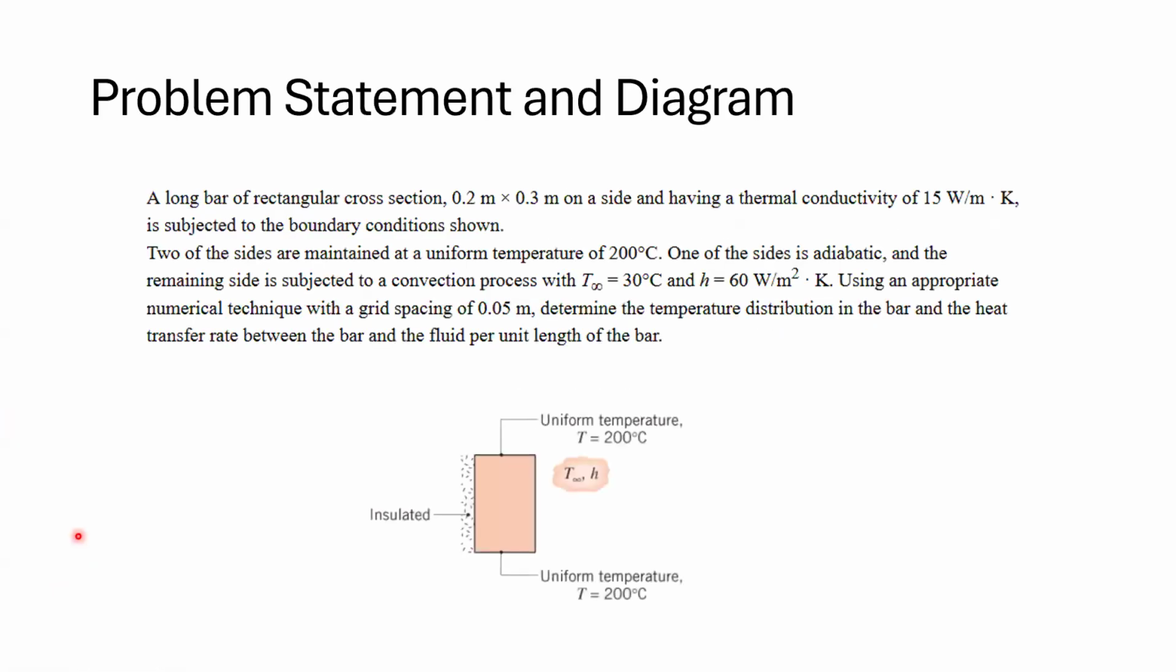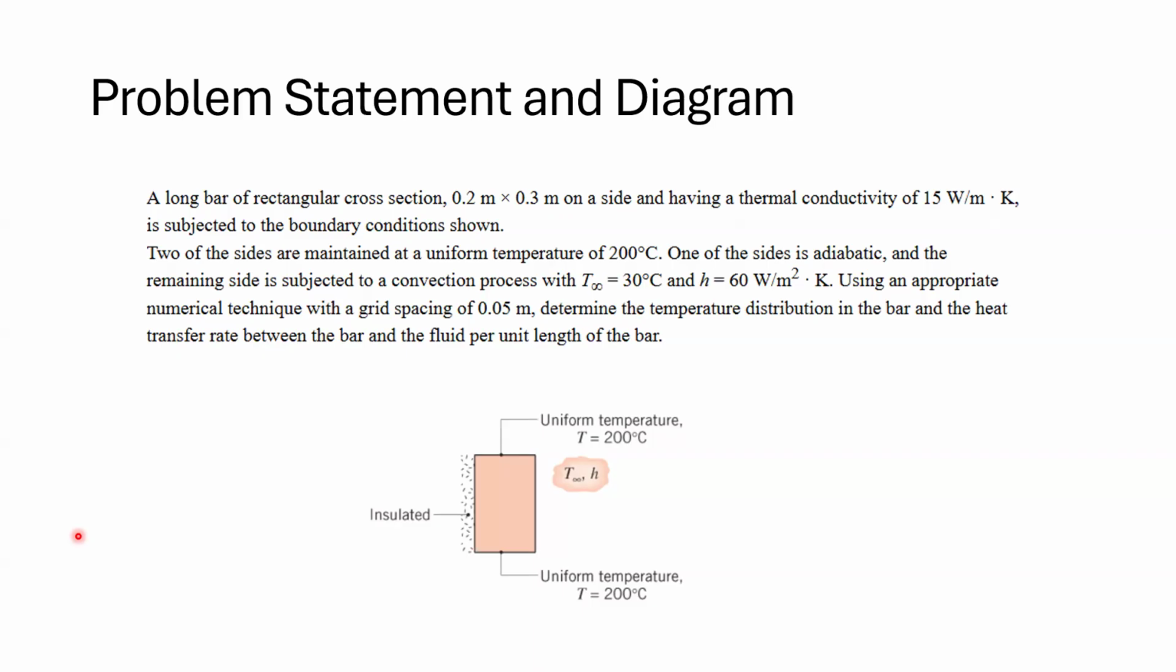Looking at the problem statement, we're given a long bar with a cross-section of 0.2 by 0.3 meters. This bar has a thermal conductivity of 15 watts per meter Kelvin, and it's subject to a variety of boundary conditions. The first is that the top and bottom surfaces are maintained at a constant uniform temperature of 200 degrees Celsius. The left side of the bar is insulated, and the right side is exposed to a fluid that has a convection coefficient of 60 watts per square meter Kelvin and an ambient temperature of